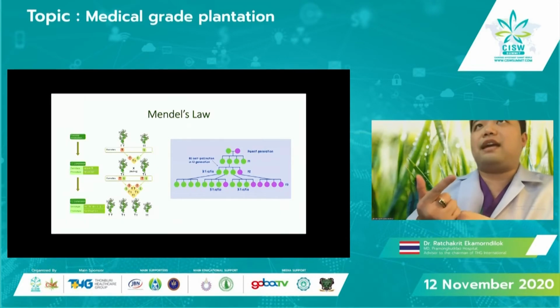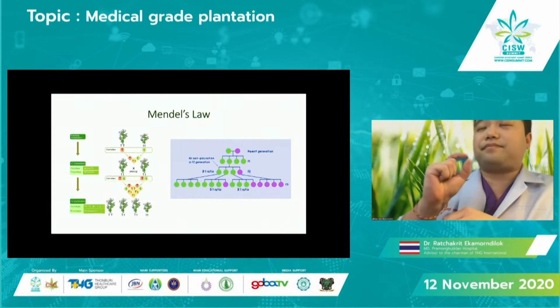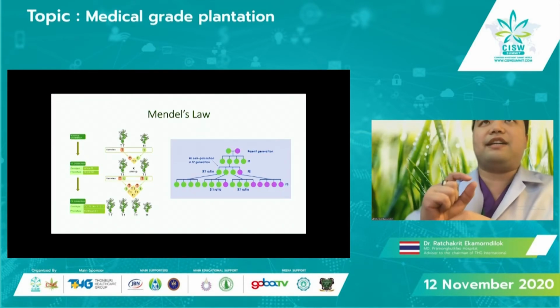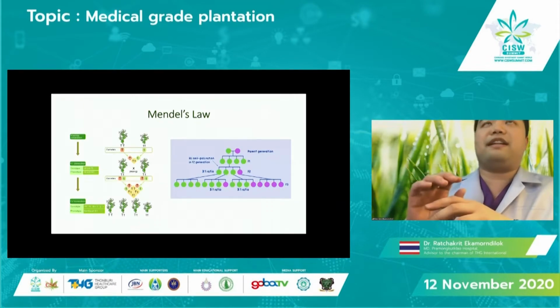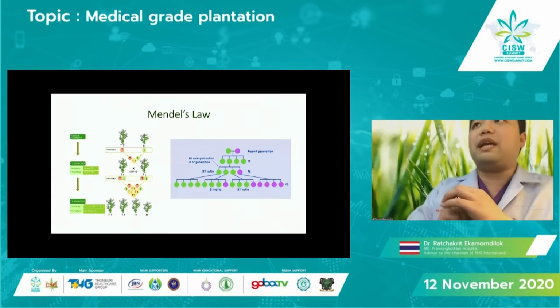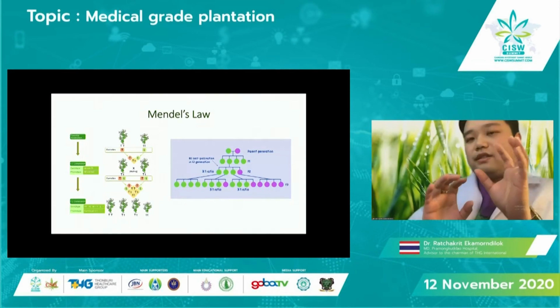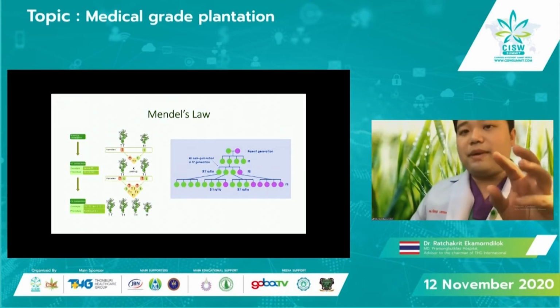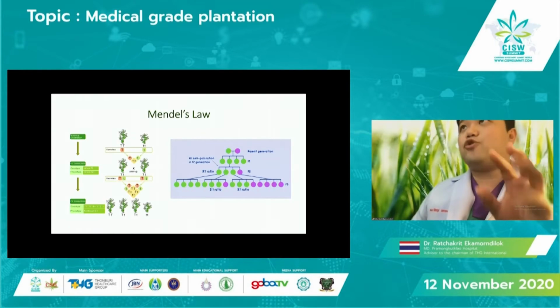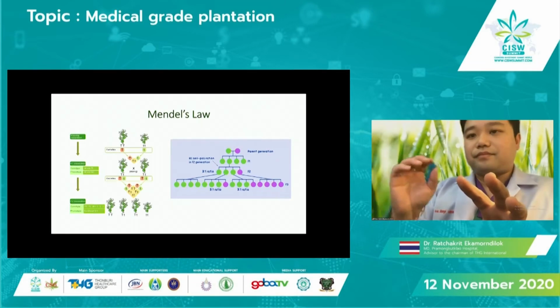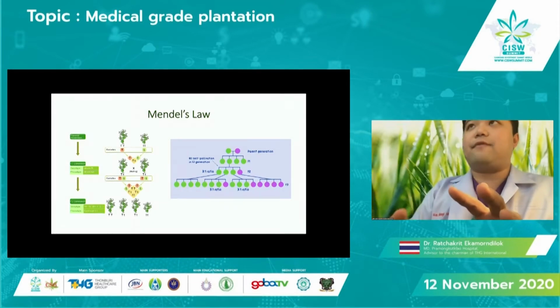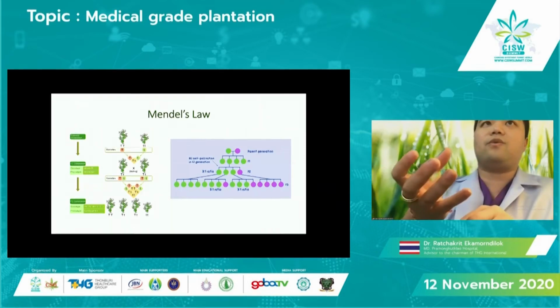The genotype is the genetics of the cannabis, and the phenotype is what they present. Mendel's law says that when you combine two different strains, the dominant phenotype will show in the first generation. When the second generation comes, the recessive will show its phenotype